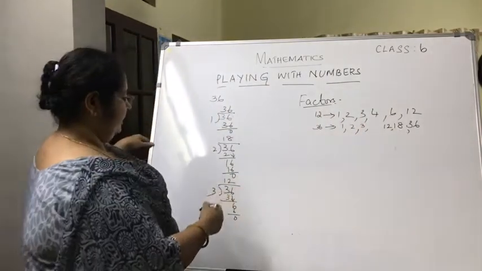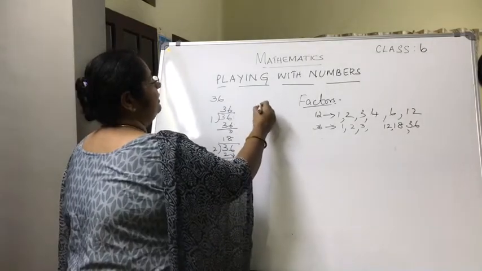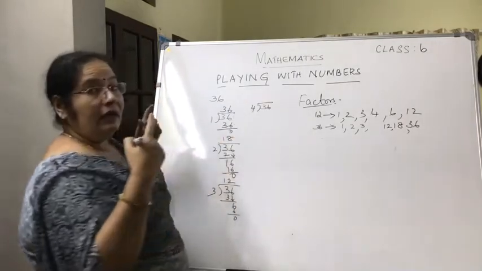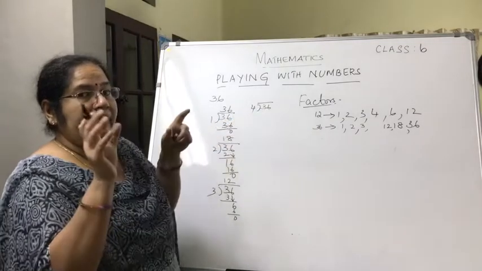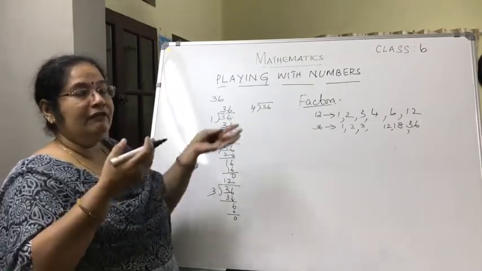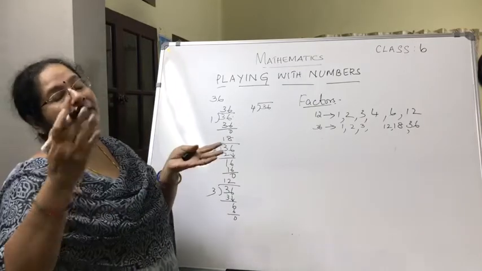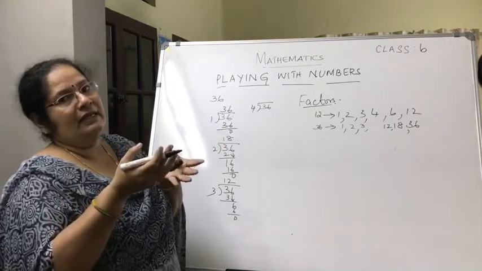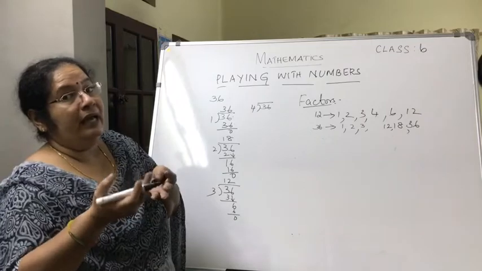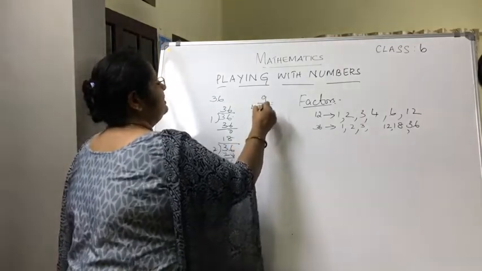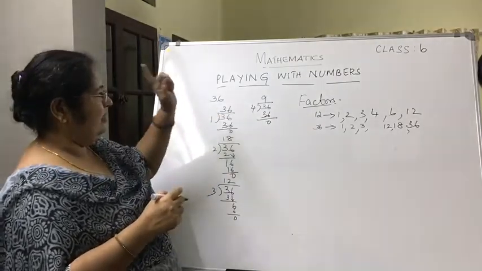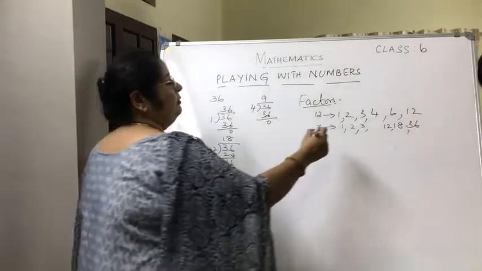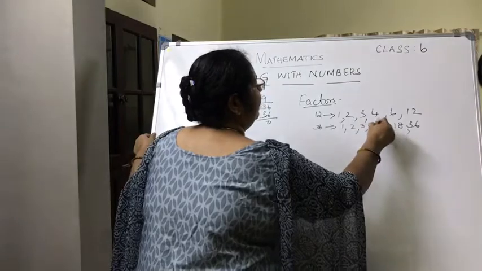Then divide 36 with 4. Let us see. 36 divided by 4. Because 3 is less than 4, you will take both the digits together. Now you will see the table of 4, where you are getting 36. Where are you coming close to 36? 4 into 9, 4 9s are 36. Remainder 0. Here also the remainder is 0. So you have got 2 more factors. What are they? 4 and 9.